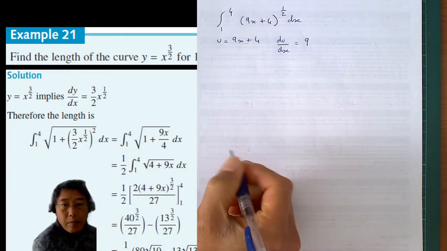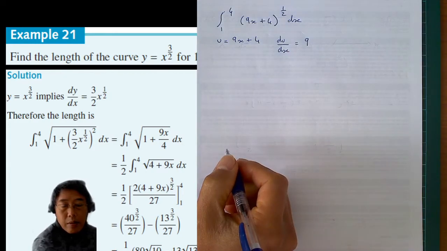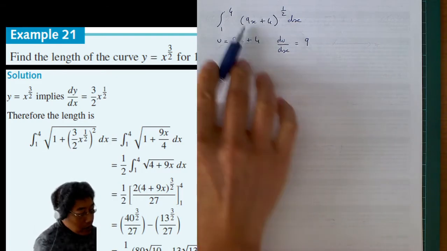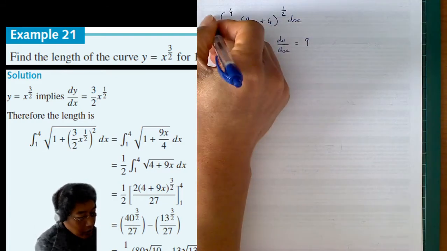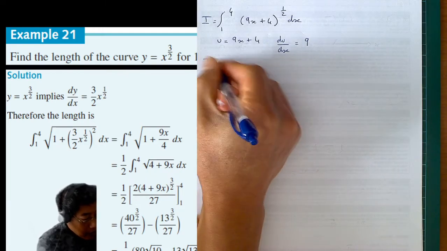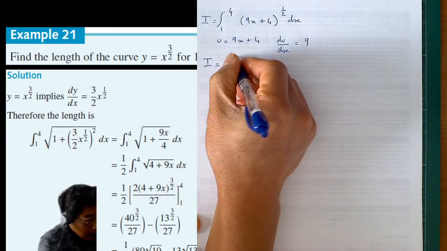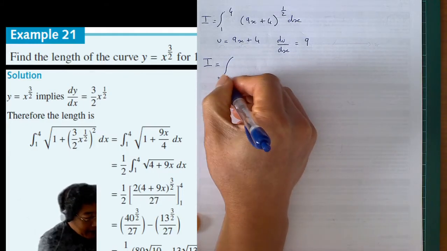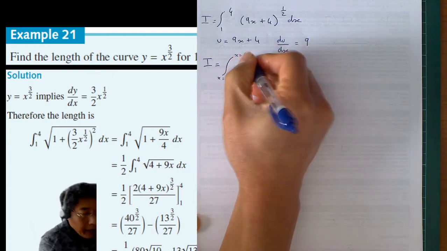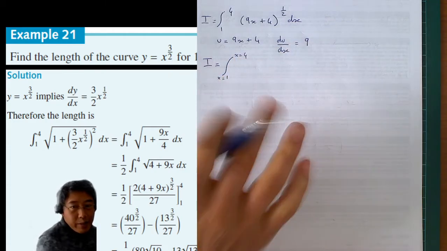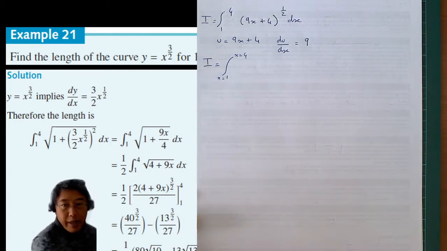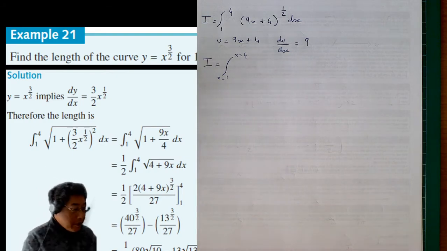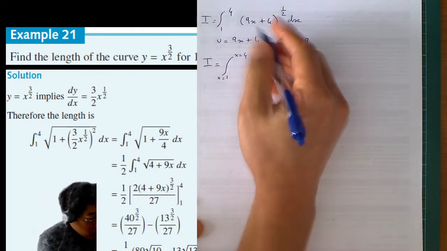Okay? And what you need to do is you go back to your integral. I'm going to call it integral here. It's going to be the integral from 1 to 4. Now that's my x, and I'm going to leave the boundaries because I'm going to substitute back into x. I'm not going to leave it as a u, so it makes sure that it's going to match that actual answer here. Okay, so that 9x plus 4 is a u